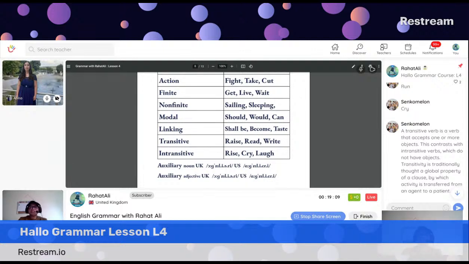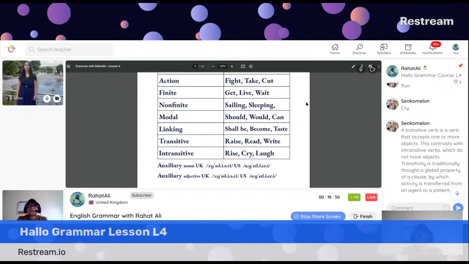So transitivity is traditionally thought of as a global property of a clause, by which activity is transferred from an agent to a patient. Oh, that's cool. Sanko is really starting well. That's cool. Thank you very much. Yes. So,